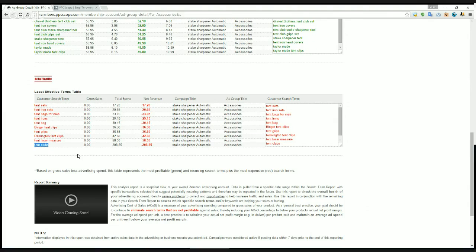Those are the more rarely searched terms, like in this case with tent clubs, maybe a long tail would be blue tent clubs with gold plating. That would be a very long search that somebody might do, but not very many people do. But because it's so targeted and so specific, you have a much higher chance of having a conversion. So you're looking at this entire list of 800 terms in your exact match campaign,